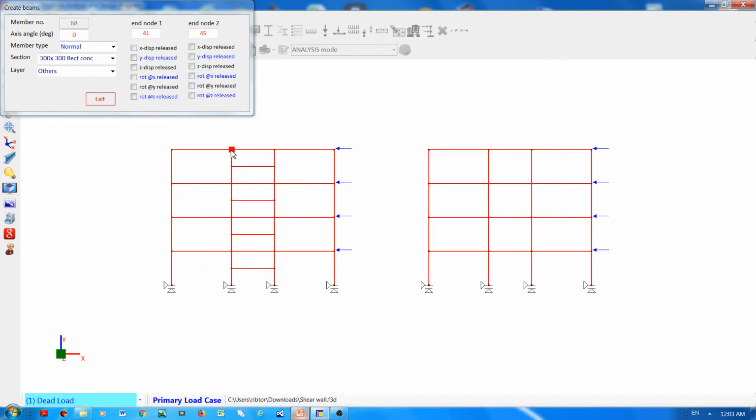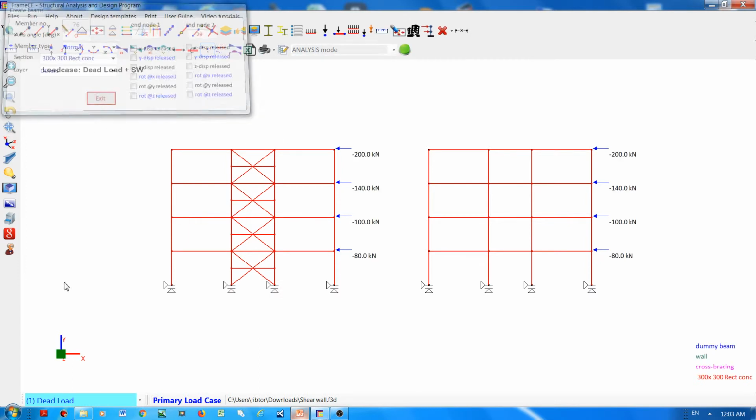Next, I will create diagonal elements for the bracing. Okay,